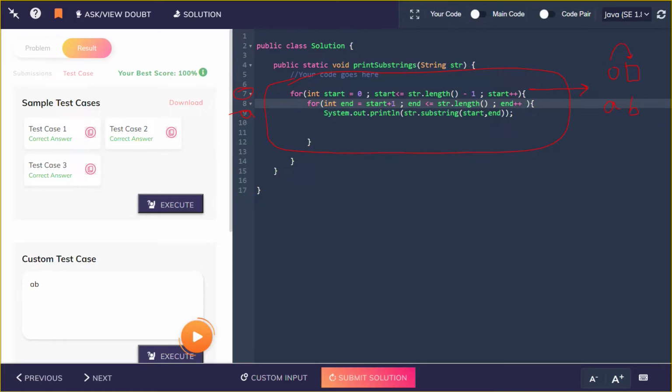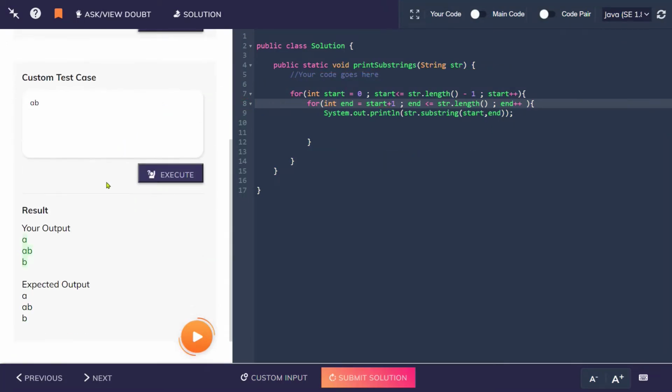So a would be the 0 index, and we need the b also, so that we give ab as output. So first we will print this start and then end, that is b. So for b we just use this start plus 1 and then iterate again and again, so that we have this kind of stuff